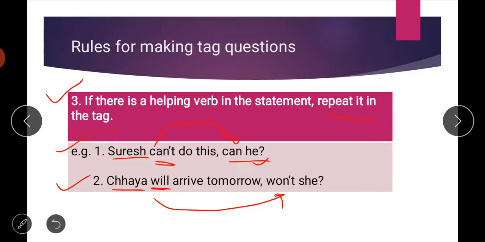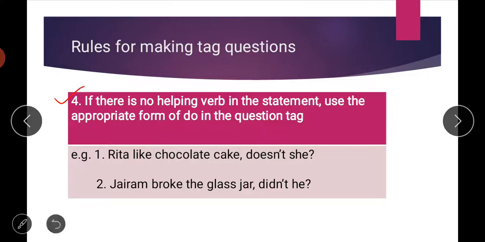So won't she is the right tag for the statement. Then the fourth rule is that if there is no helping verb in the statement, use the appropriate form of do in the question tag. So see, there is one more rule, that if your statement has no helping verb, there is no